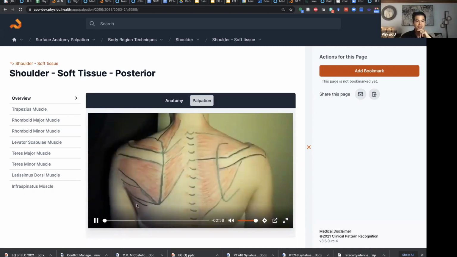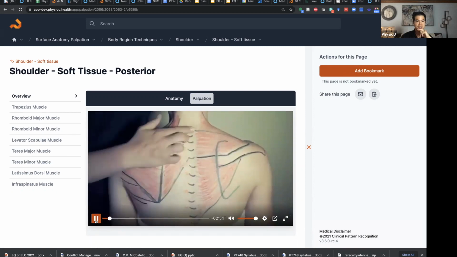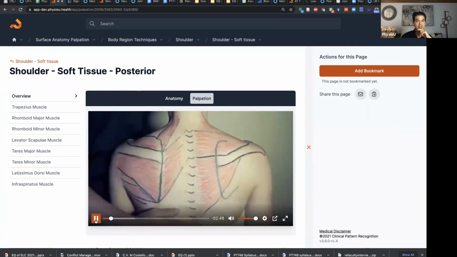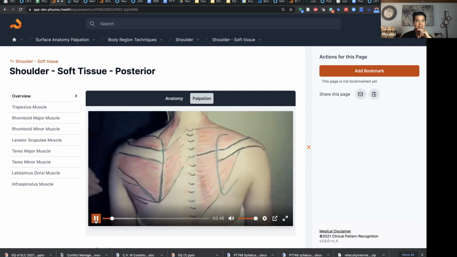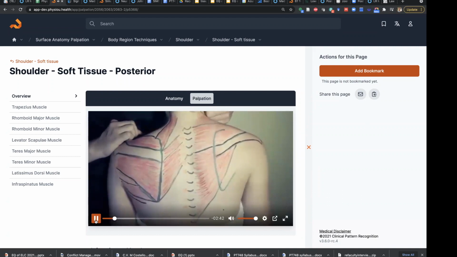For soft tissue structures on the dorsal side of the shoulder complex, we will begin by identifying the trapezius, which is also made up of 3 parts. To identify the upper trapezius, have your patient shrug their shoulders. The upper trapezius originates on the occiput and spinous